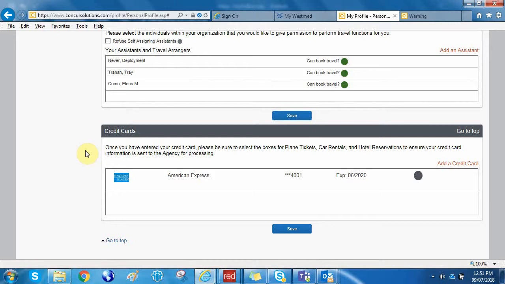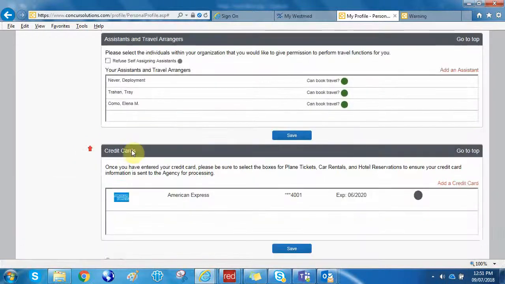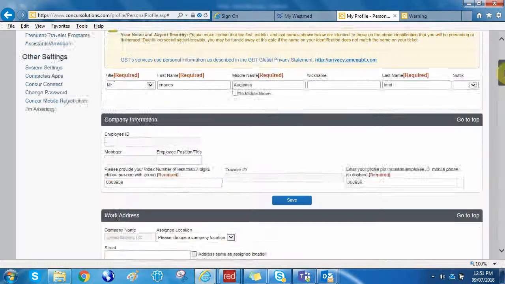Credit cards, again, optional. Personal credit cards for personal deviations and for hotel bookings. Again, this is optional. We're going to go back to